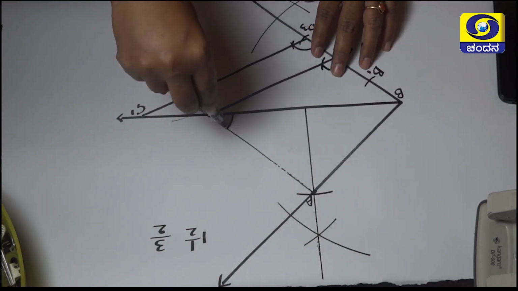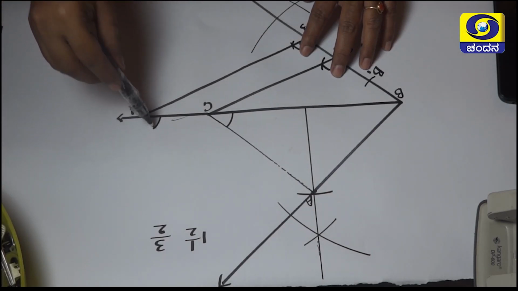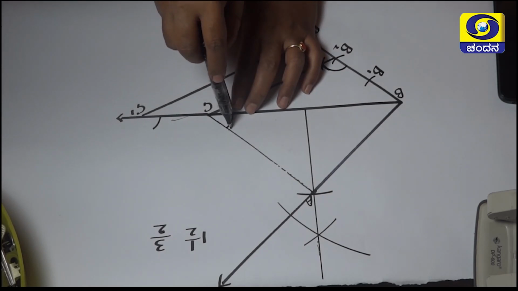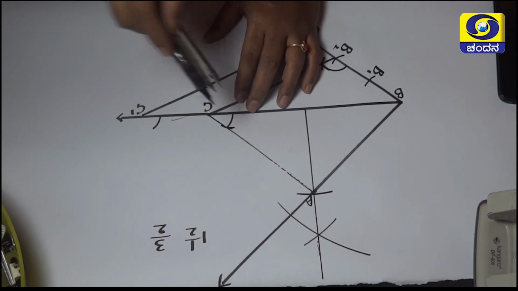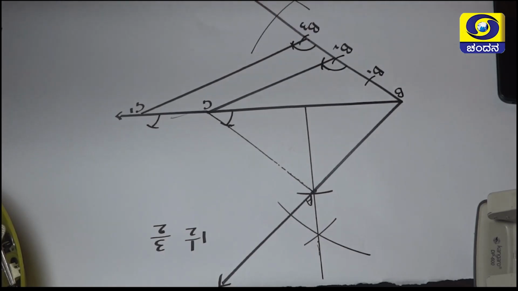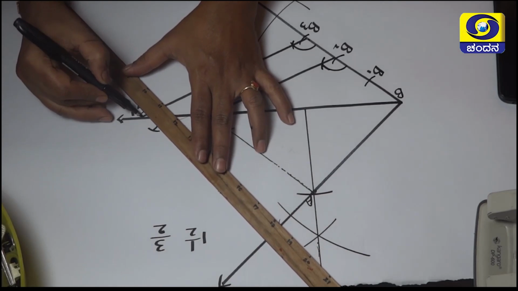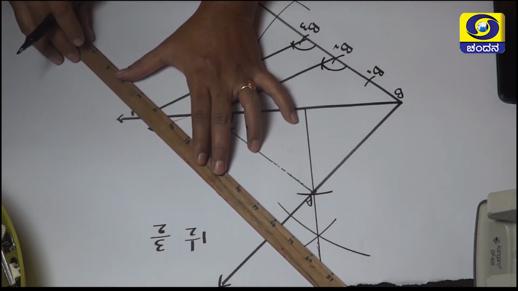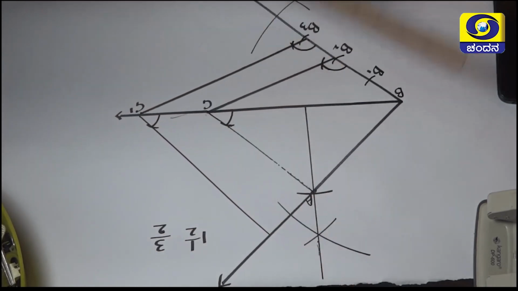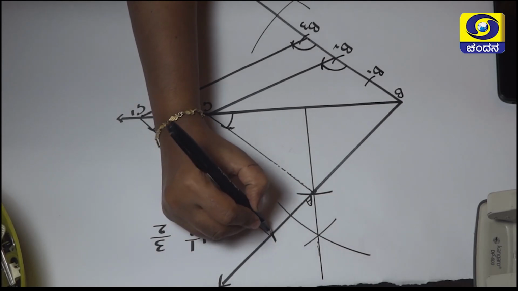Follow the same procedure. Take a convenient length of the compass, make a mark at point C which will give us the length. Now to get the width of the angle, measure its width, make a mark there. Copy the same mark here at point C dash. Now join the point C dash passing through this point of intersection to extended part of line segment AB. You can see here we have got a new triangle here.